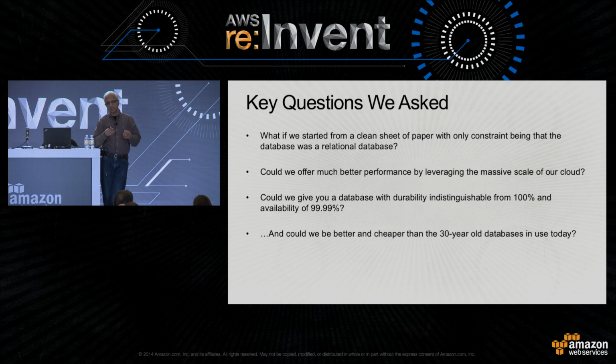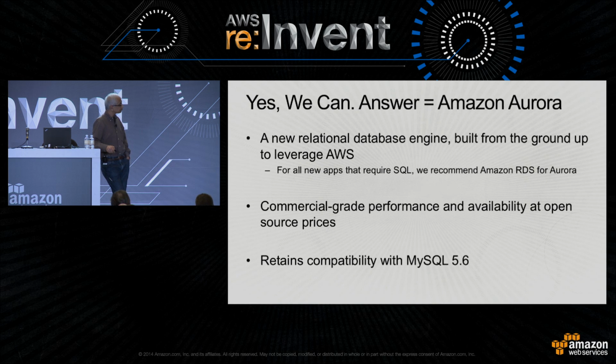And then, of course, our team went to work on it. And what came out 3 years later is Amazon Aurora, which completely changes the way relational databases have been done over the last 30 years. And it's, as Andy also mentioned, significantly cheaper than what you can get from commercial databases.